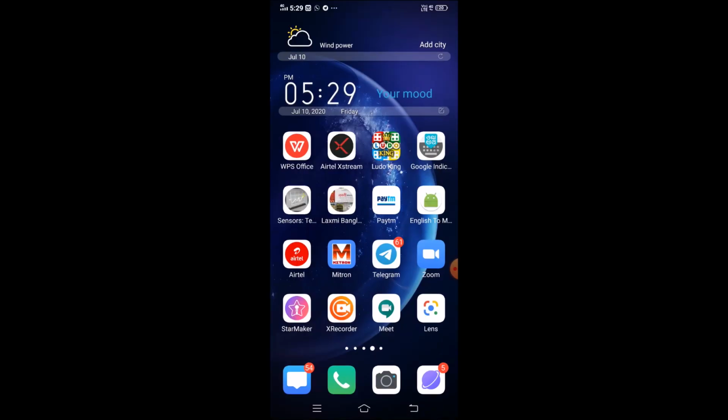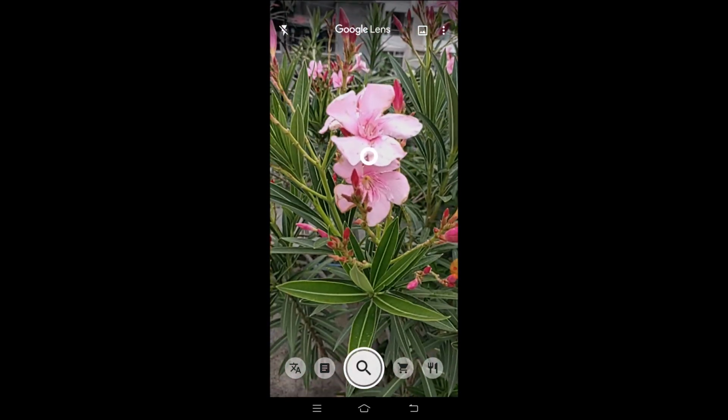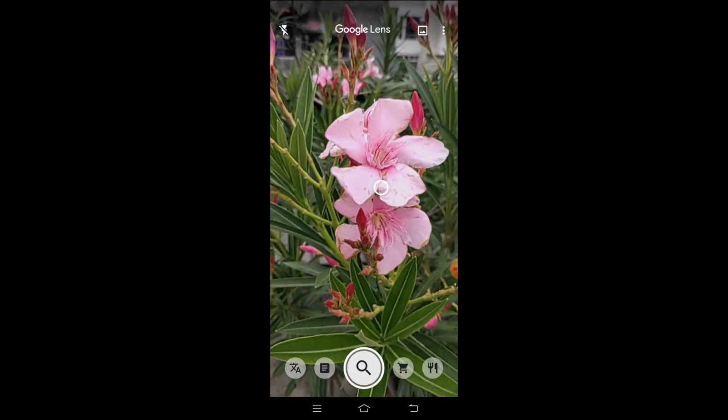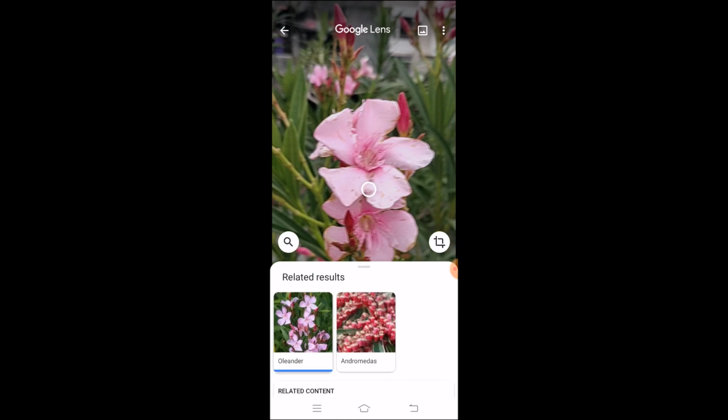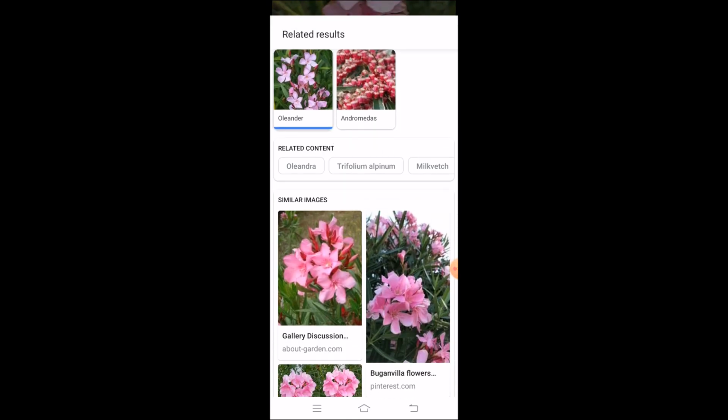The best usage of this app is that you can use it for identifying any plant. Just like if you don't have details regarding any plant, fruit or vegetable, you can use this app, and we'll try to find out how it does that. So I'll try to point towards it, and under the results you can see the botanical name of that same plant has been given.